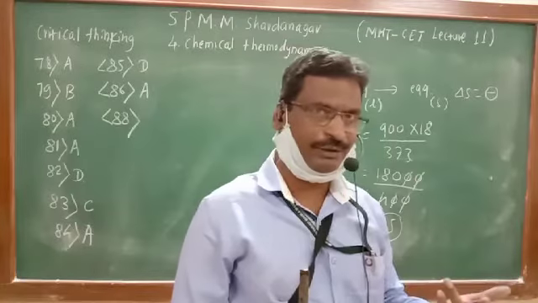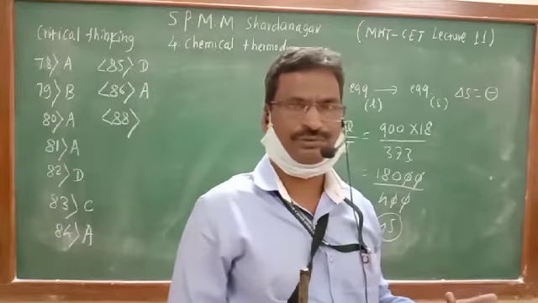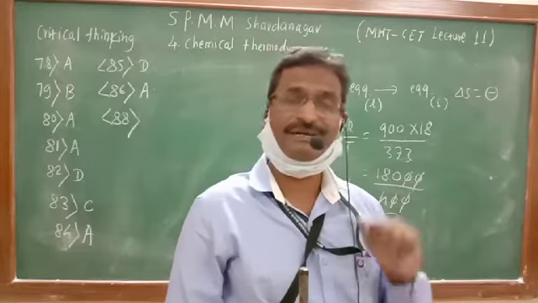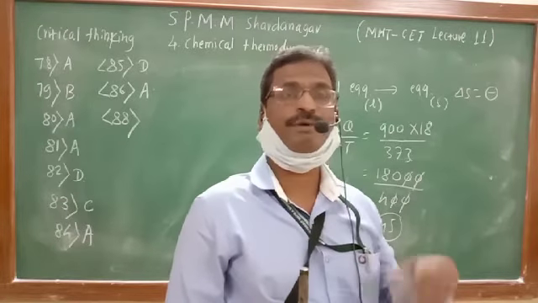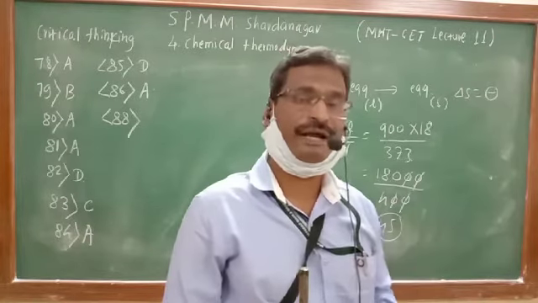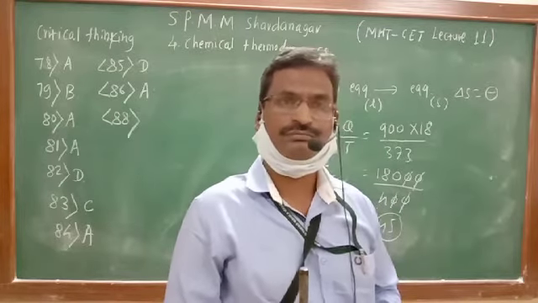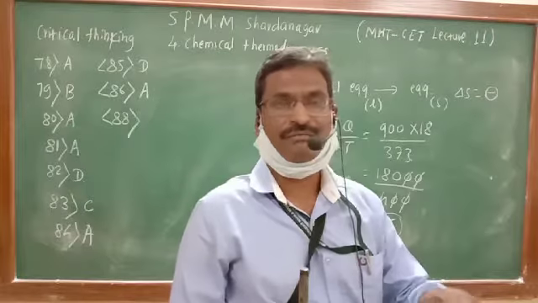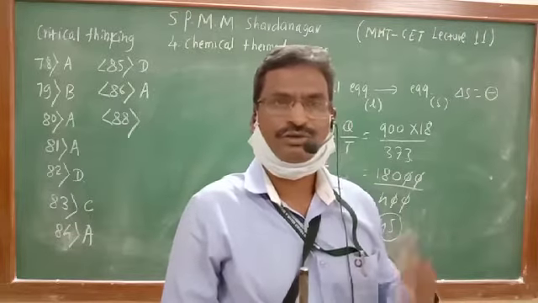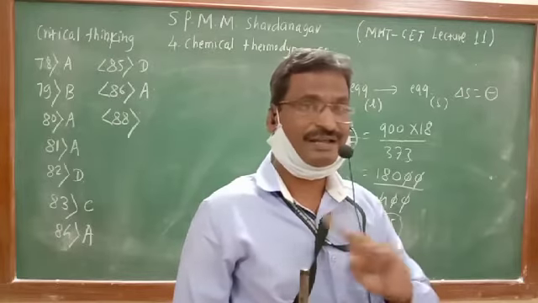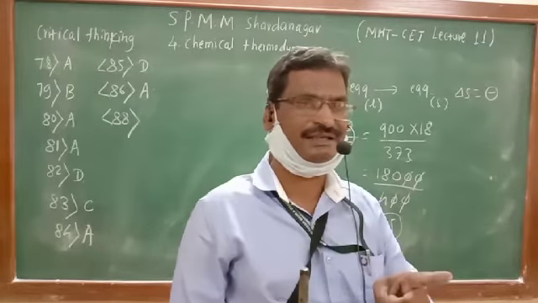If enthalpy change is negative, the processes are spontaneous. But there is a limitation. Therefore we have switched on to the entropy. If entropy change is positive, that reaction is spontaneous. But there is also a limitation. So we have switched on to the Gibbs energy. And there is no limitation for Gibbs energy.